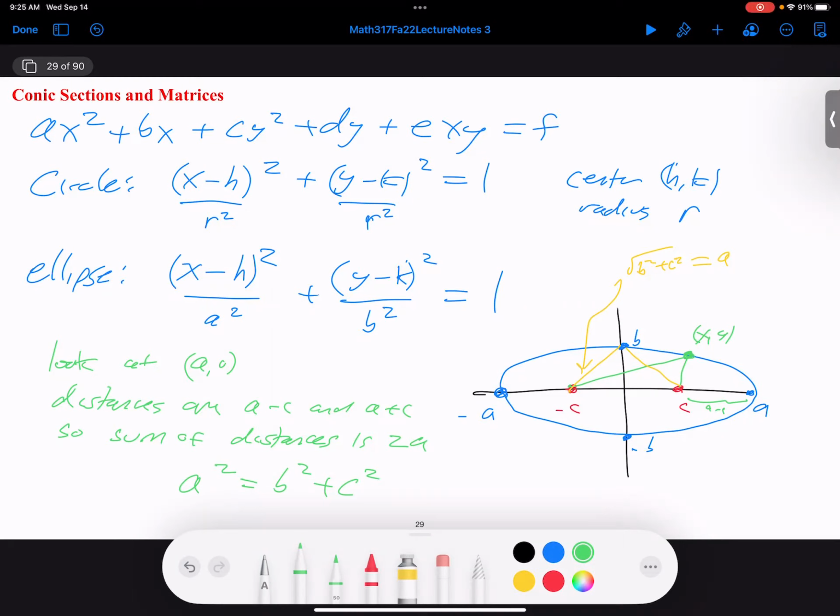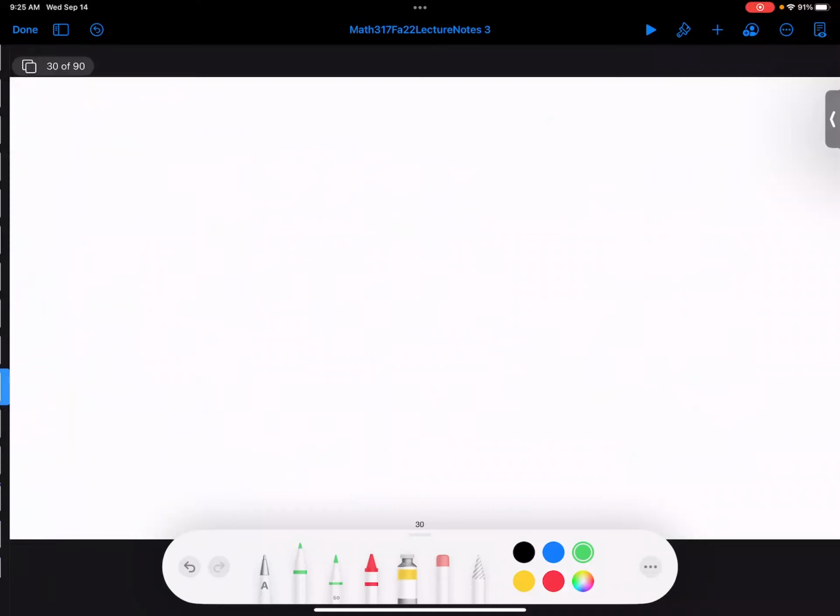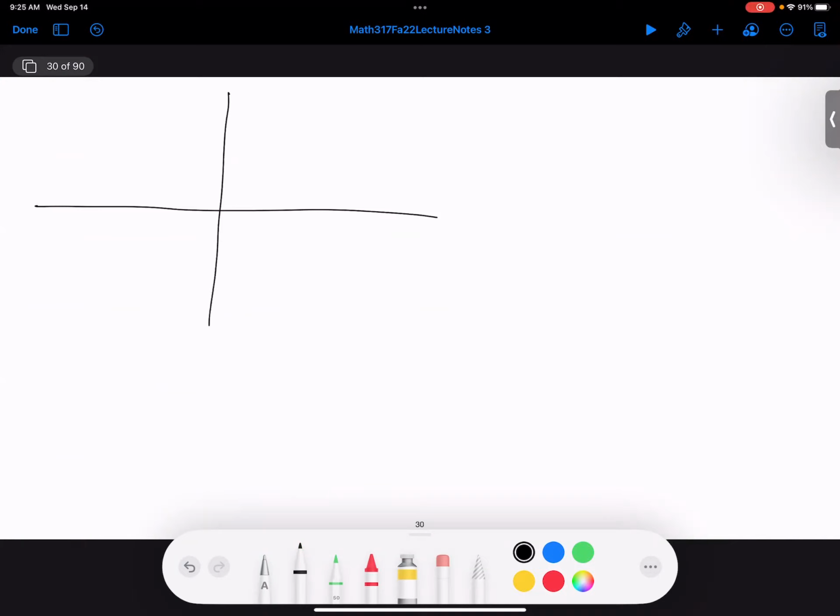I'm not going to go through the equation of a hyperbola. It's done very similarly. These are all extremely nice. I could be cruel. And as you find out during the semester, that is often the case. What if I happen to give you